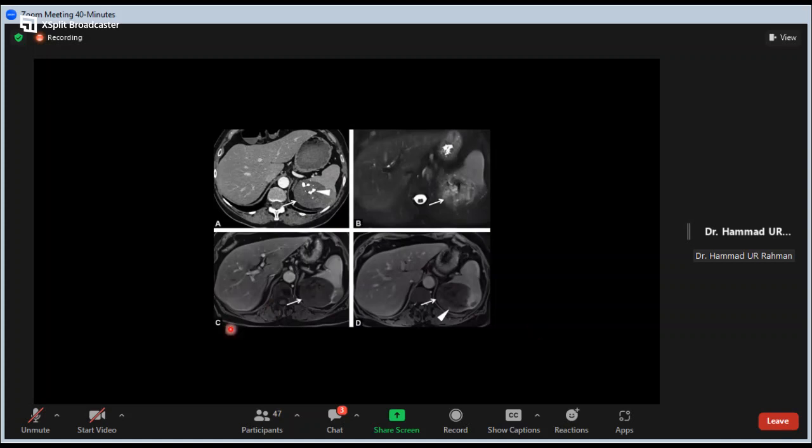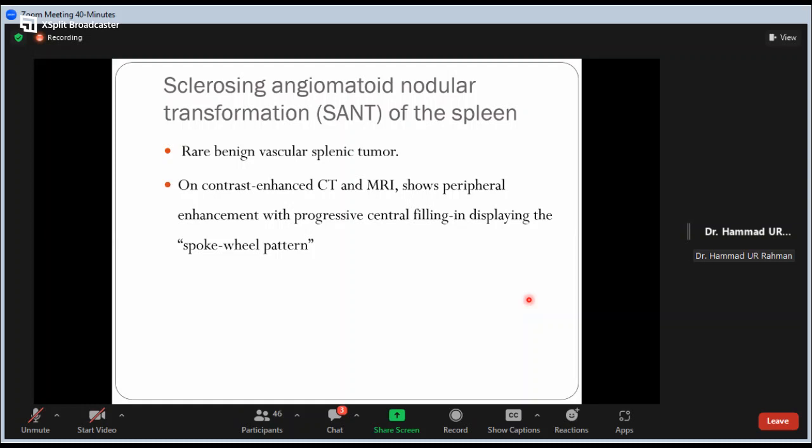As you can see, there is calcification, there is a well-defined lesion, there is very minimal post-contrast enhancement peripherally. So this is splenic pseudotumor, which is an inflammatory mass. Then this is